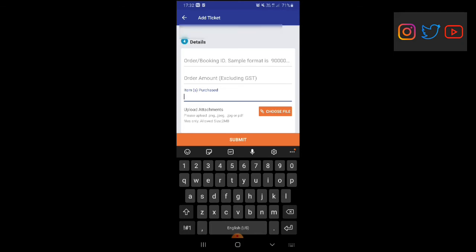In this, what you have to do is go to your order history. You have to take a screenshot of the product you bought. You can see it in the my order section. In that you will be able to see the product details, the amount and everything. Then they will be sending it to the retailer. Like if now I'm doing it for Mamaearth, so my retailer is Mamaearth.